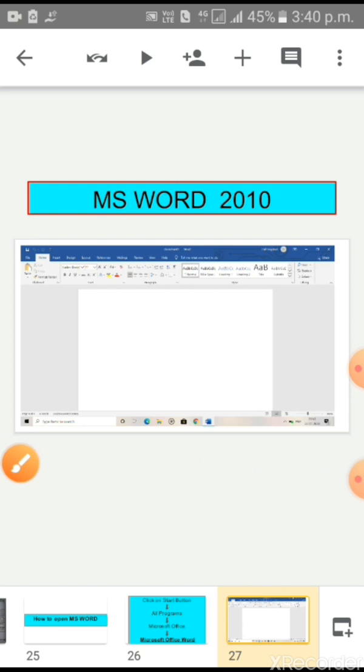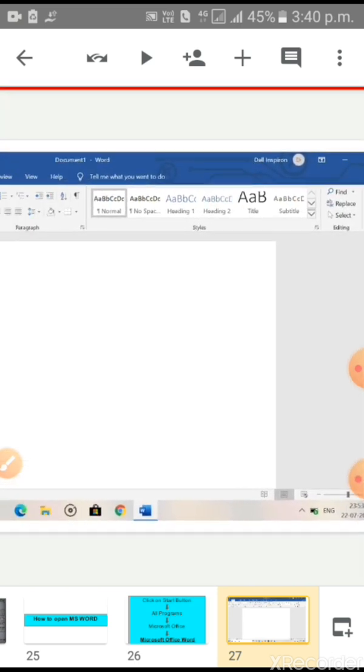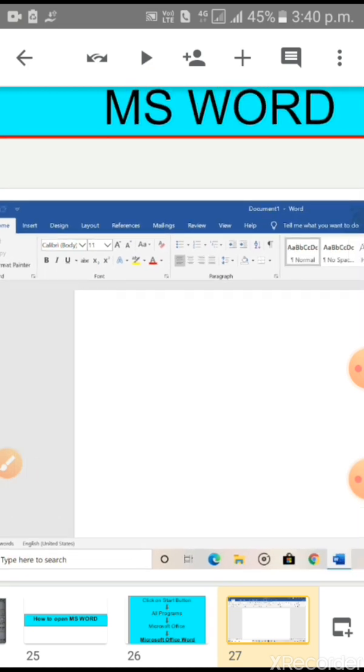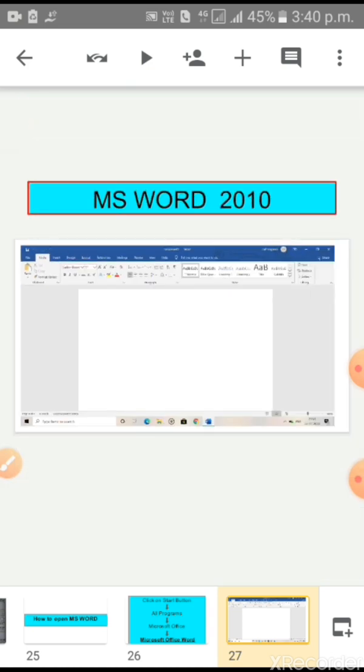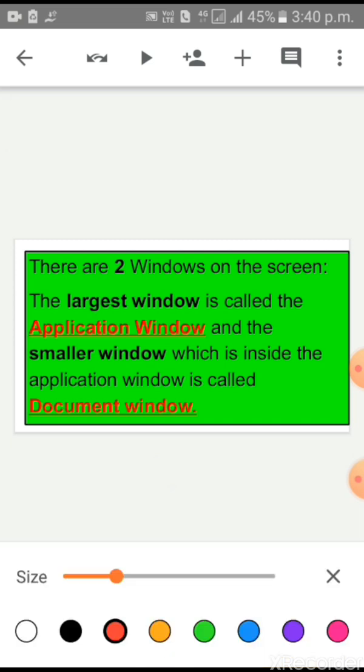Children, look at the screen. This is MS Word 2010. This is the application window of MS Word 2010. Children, there are two windows on the screen.